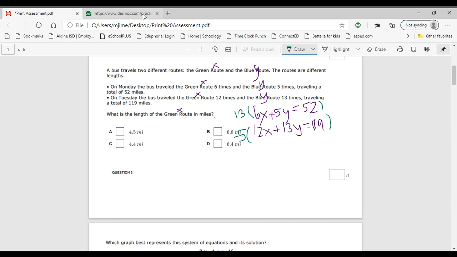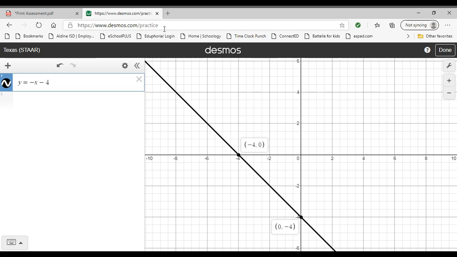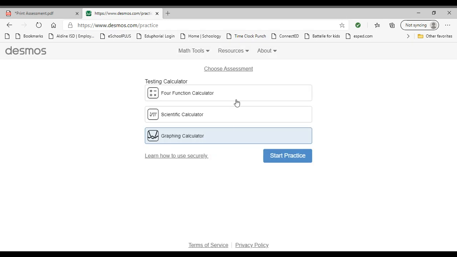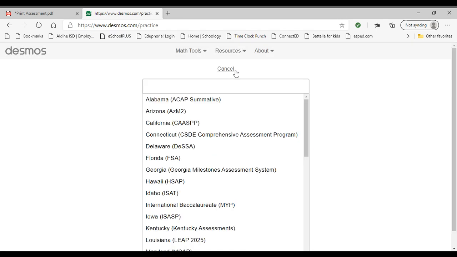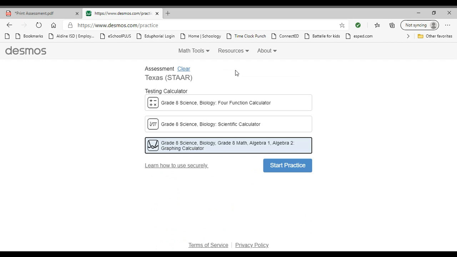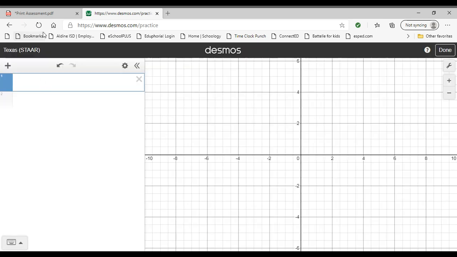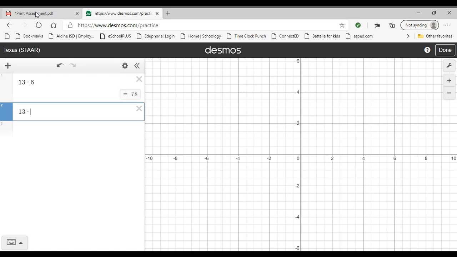So 13 times, oh, forgot to tell you how to get to the Desmos. Desmos.practice. You want to make sure you go to choose assessment, type in Texas, and then grade 8 and start practice. We're going to multiply everything by 13, so 13 times 6, then it was 13 times